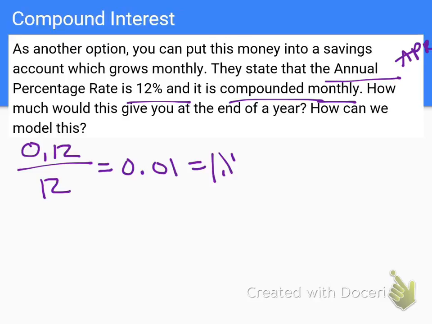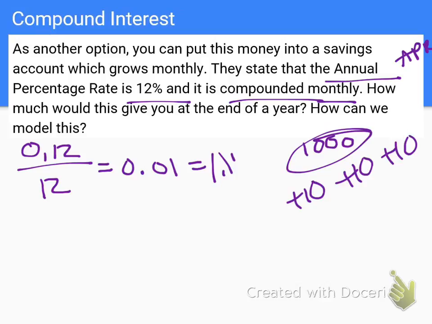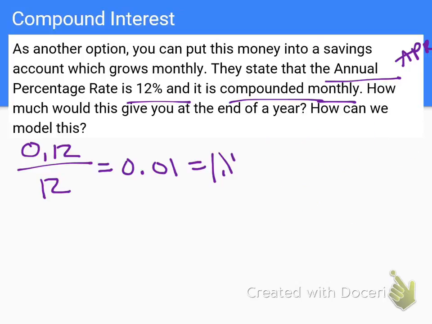Okay, again, this is similar to the last problem. But what compounded means is that they are taking your new balance. So before, they just said, oh, okay, you have $1,000 in your account, so we'll take 1% of that and give you $10 each time, plus 10, plus 10. But now they're saying, oh, well, you had $1,000, but